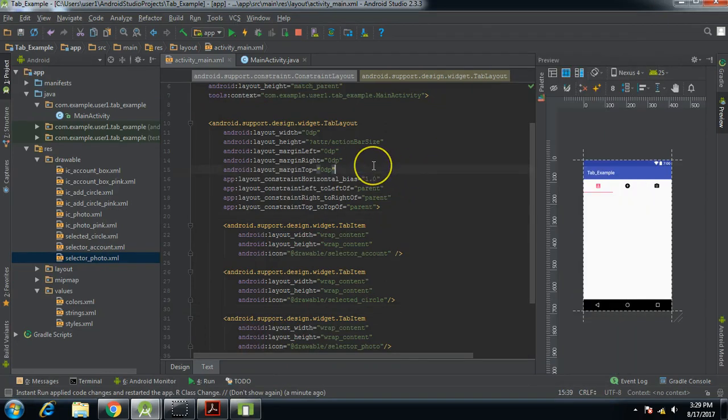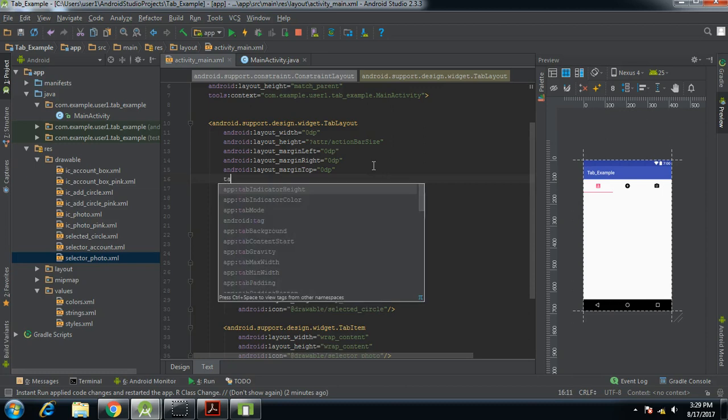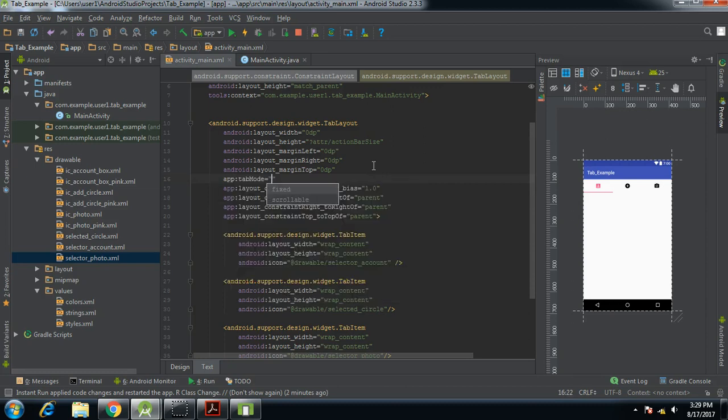So now there is another way that we can use, which is the tab mode. For tab mode, this is the tab mode property here, and we have two options inside it. One is fixed, one is scrollable. Fixed is used in case we have a limited number of icons which can fit into the screen width. But if we have more icons that do not fit into the screen width, then we can use the scrollable